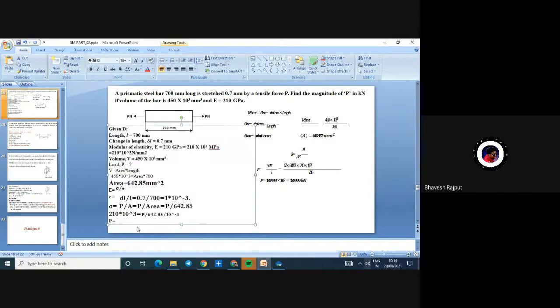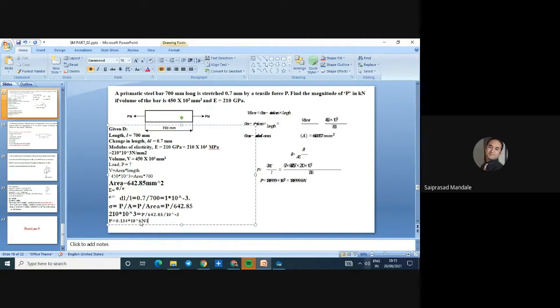Sir, the value of P is 0.134 into 10 raised to 6 Newton. Hold on, Newton. Into 10 raised to 6. Okay, Newton. That means, in kilonewton,